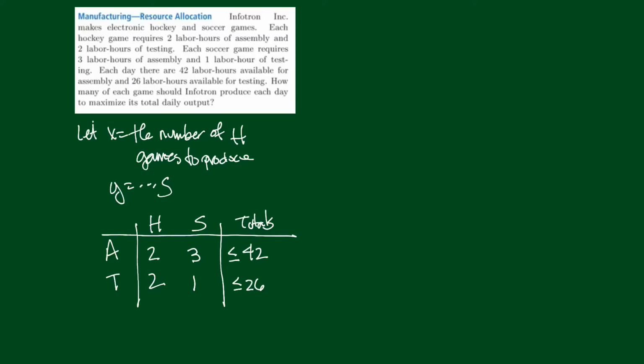Now what we want to know here is how many games of each should we produce each day to maximize the total output. So what is the output? The output is the number of hockey games added to the number of soccer games, all right? So it's going to be x plus y, right? x is the number of hockey games you produce, y is the number of soccer games you produce. So what we want to do is maximize the sum of that. So here's our linear program. We want to maximize x plus y subject to,